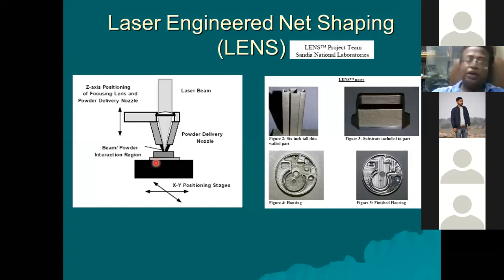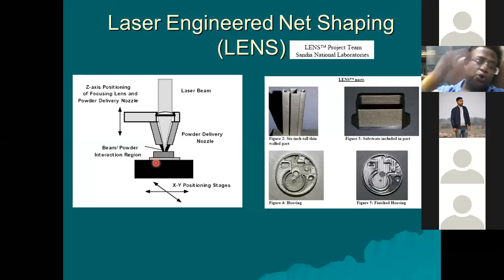And also the research results have shown that the components which are fabricated using this process have very good strength. Sometimes the strength is as good as a forged component. If you optimize the parameters, the component strength is very high. It's not unlimited. It's as good as forged components in certain cases when you properly optimize the parameters. So this is the advantage of this process.